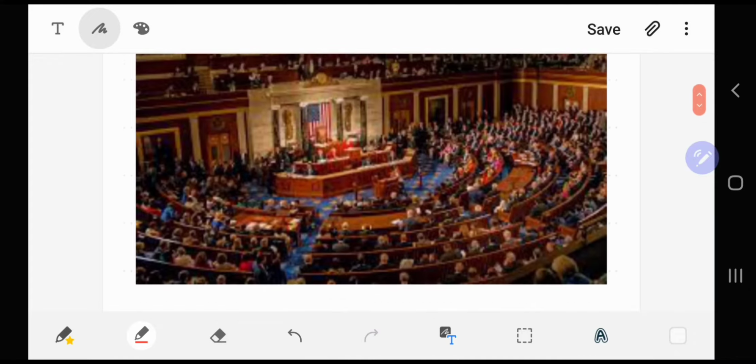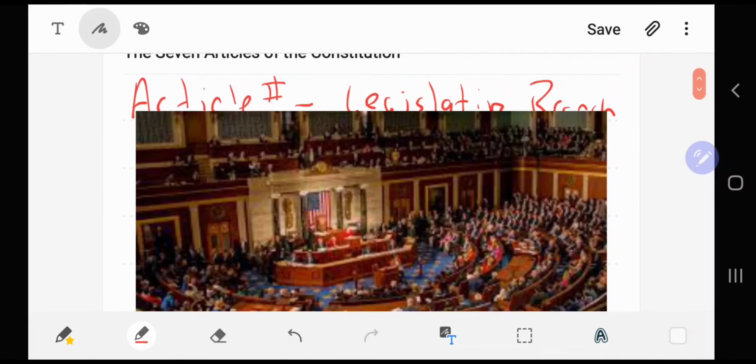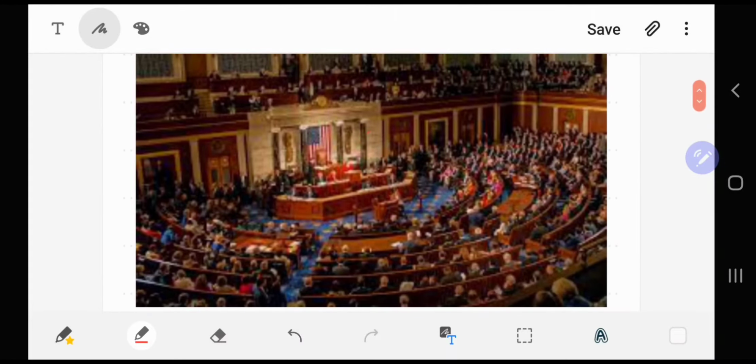I think that looks good right there, right? So Congress is the group that makes up the laws that are going to rule our country. And right about now, it's the Senate and the House together. If you've been paying attention, they've been in the news a lot lately because of the impeachment trial. But Article 1 establishes that there will be a legislative branch which will make laws for this country.